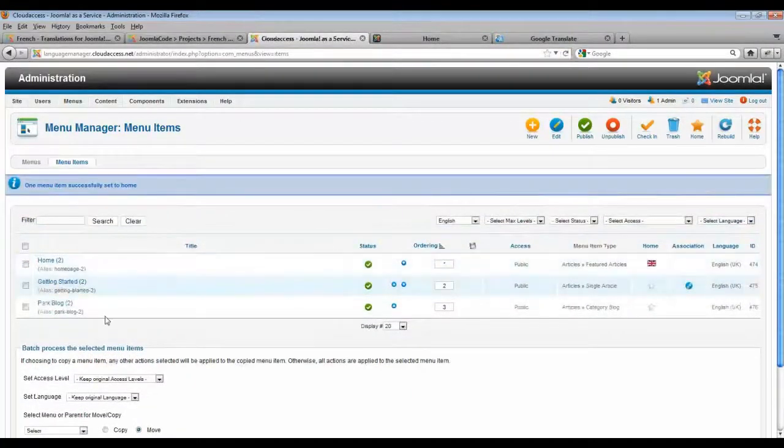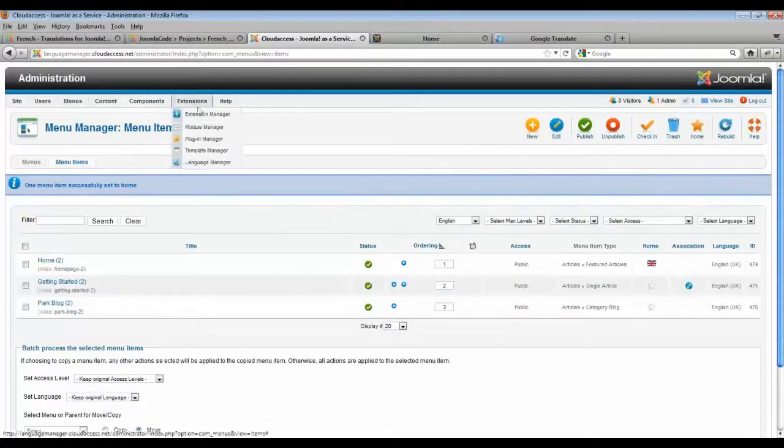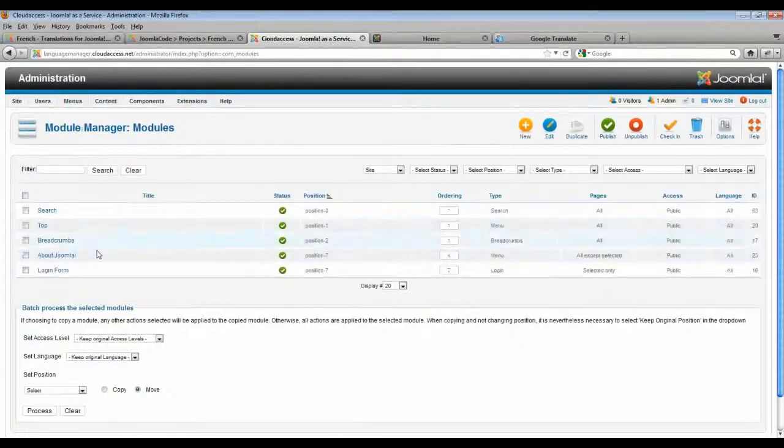So now that we've created our navigation structure, we've just set it up here, haven't really done a lot with it yet. We're getting really close to completing this multilingual setup. The last step for navigation is letting users see these different menus. Right now, if a user comes to the site and they still see this main menu, it's not tied to any specific language. So we're going to go back over here to the module manager where the menu modules are from,